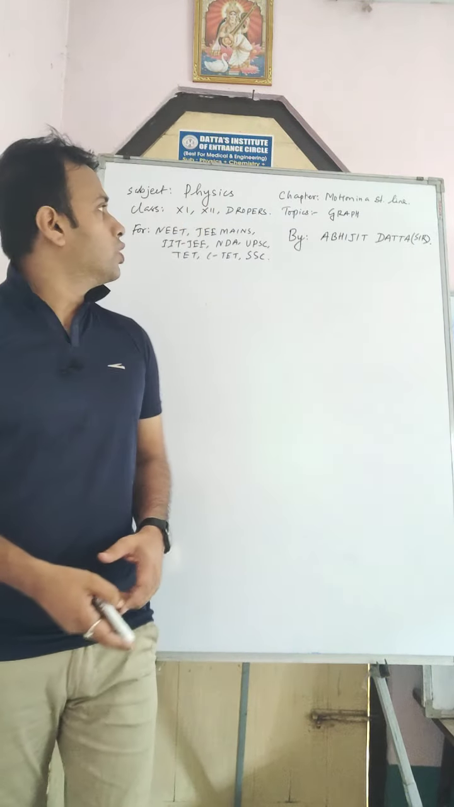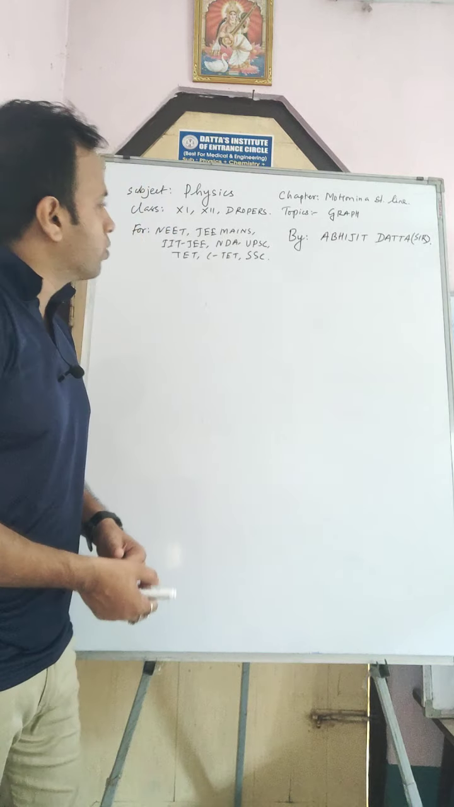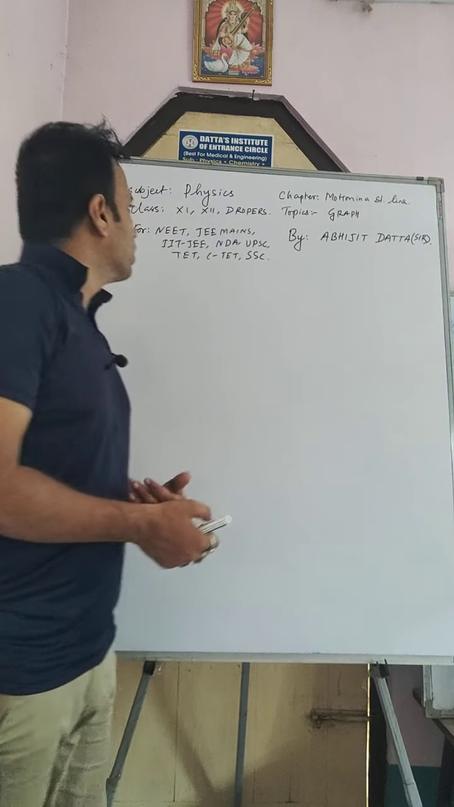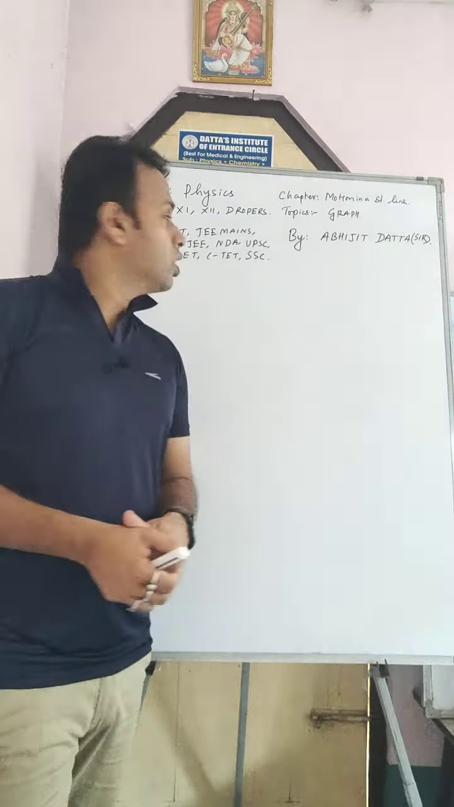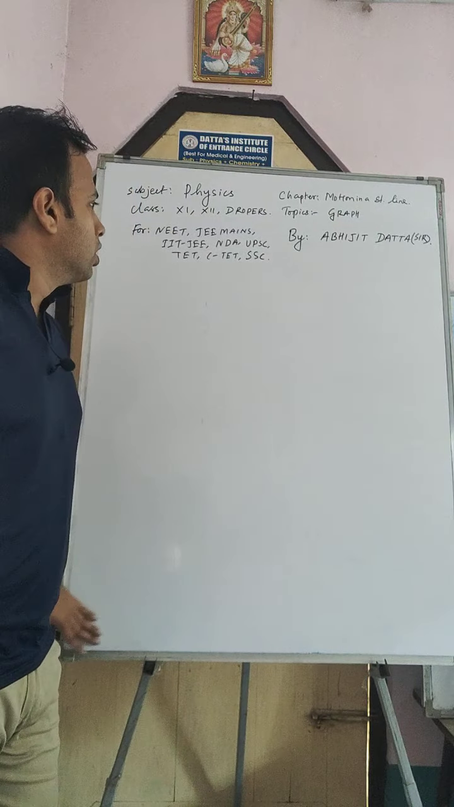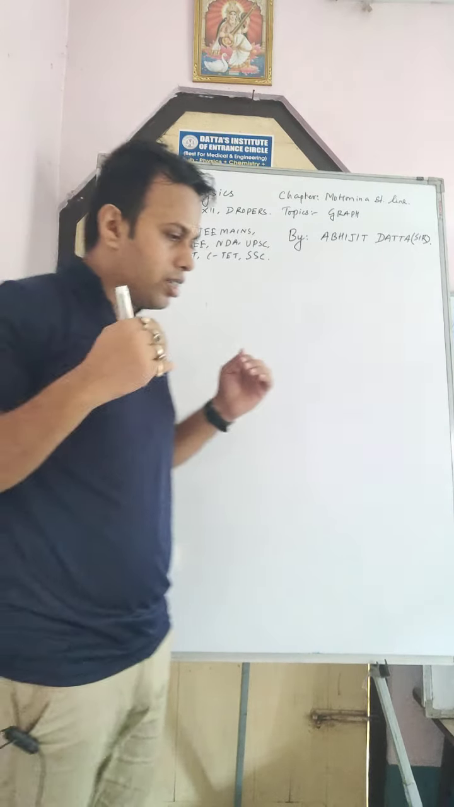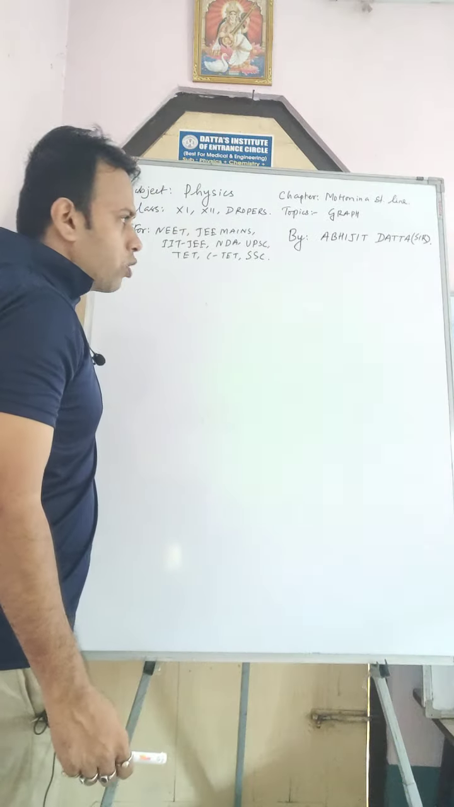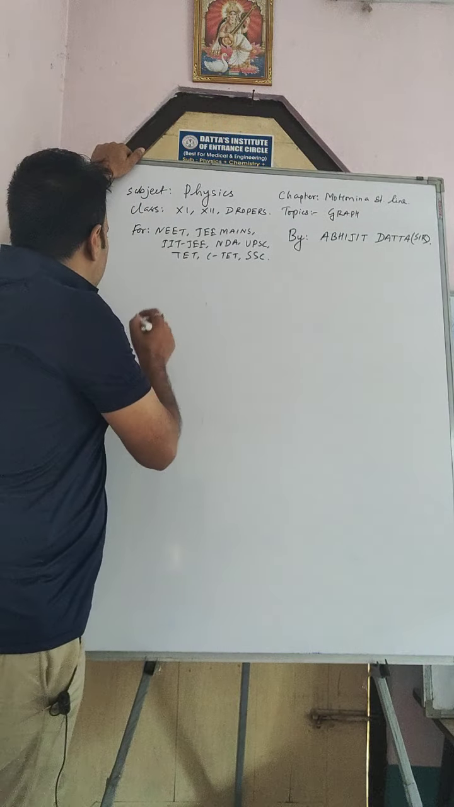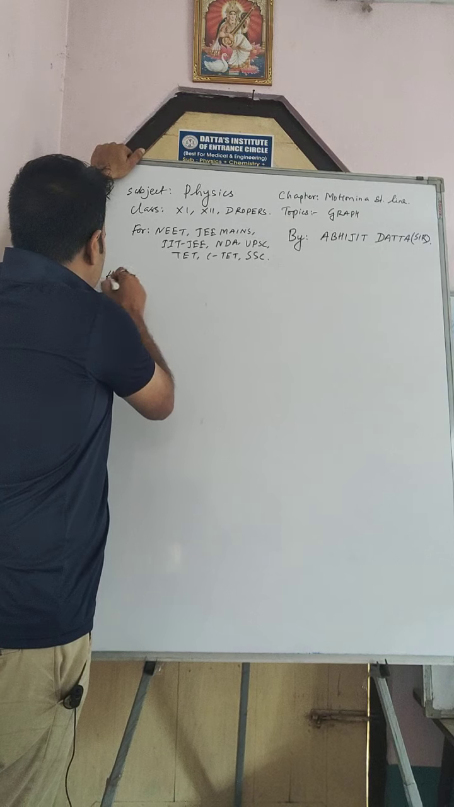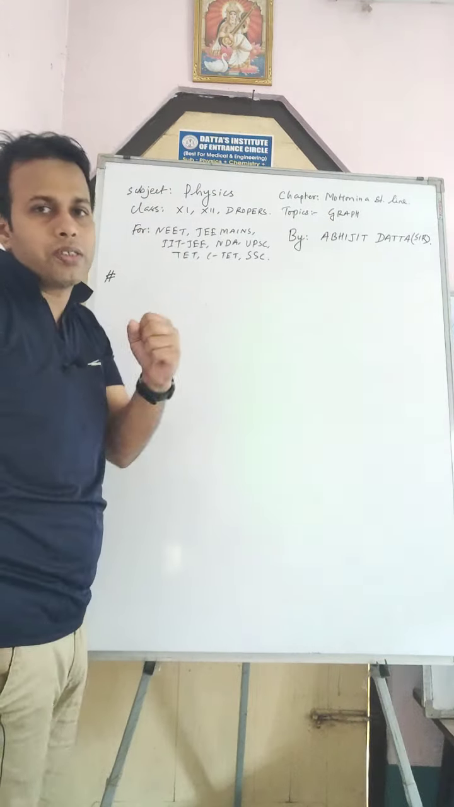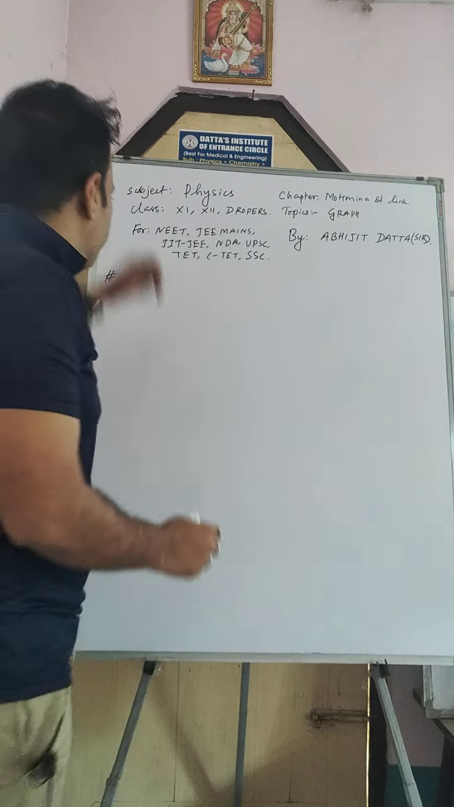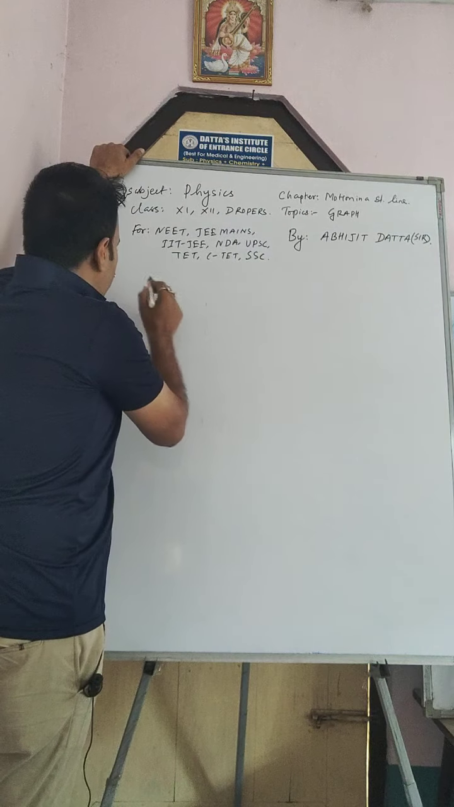So today's topic is graphs, from the chapter Motion in a Straight Line in Physics. So let's start. This is the class of the chapter Motion in a Straight Line. Graphs are the last topic. Let me explain various types of graphs. Okay, important. So number one graph is